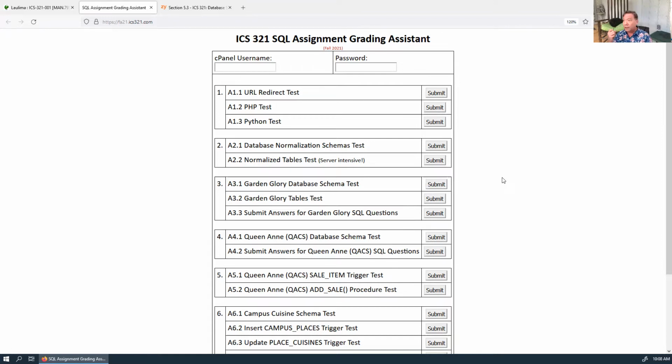And then the other thing is, every semester at least one person says it's not giving me all the points, and I go and look in there, and it's some peculiar case. I say peculiar, but it's a valid case that the grader doesn't account for, so it's the grader's problem. It's a bug in the grader. So if you ever think the grader is nuts and not giving the points you should get, then please email me, and we'll go in there, and I'm not going to right away assume that